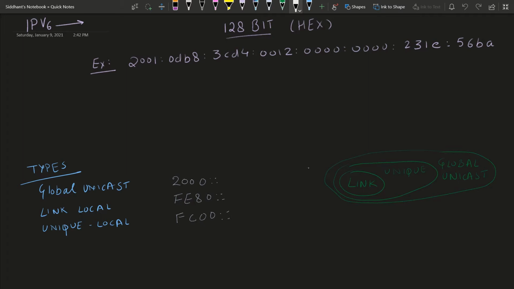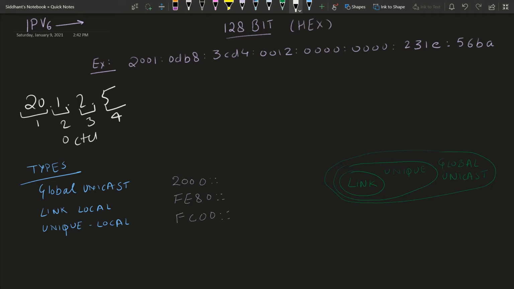If I compare this IPv6 address to an IPv4 address, an IPv4 address was something like 20.1.2.5, which has 4 octets: octet number 1, octet number 2, octet number 3 and octet number 4.